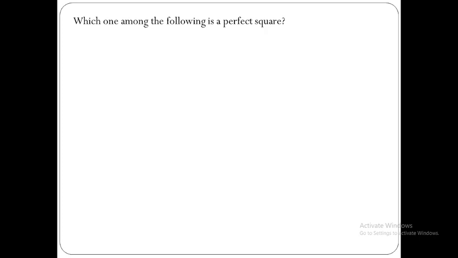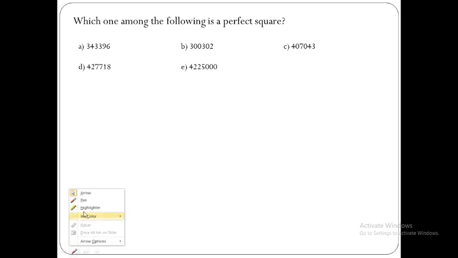Which one among the following is a perfect square? They have given us 6-digit numbers and a 7-digit number. From those numbers, we have to find which is a perfect square. By seeing the numbers, you would feel the problem is difficult, but there are some simple conditions for eliminating the options which cannot be correct. Okay, how can we eliminate?